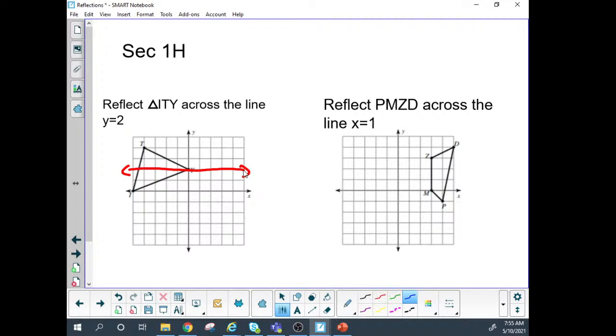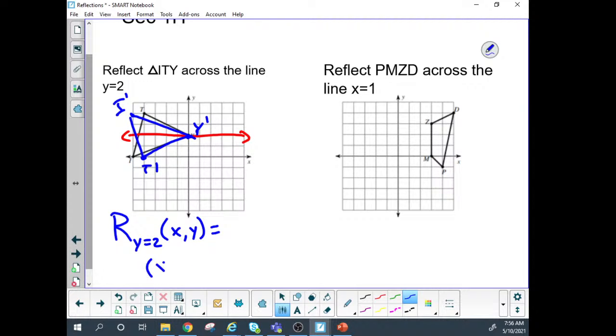You get y on itself, y prime. You get t down here on the x-axis. You get I up here. Something like that. So you could write reflection across the line y equals 2 of xy equals,